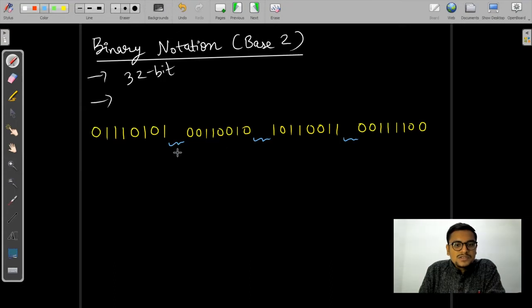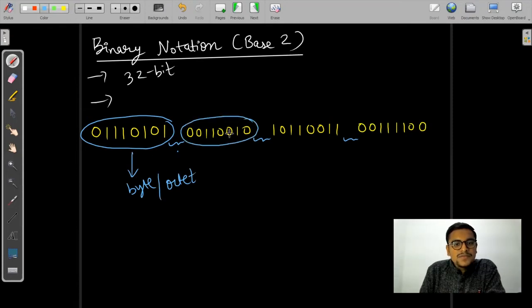These three spaces separate the whole 32-bit address into four groups of 8 bits, and this 8 bits is known as a byte, or we can also say an octet. So an IPv4 address is also said to be a 4-byte address